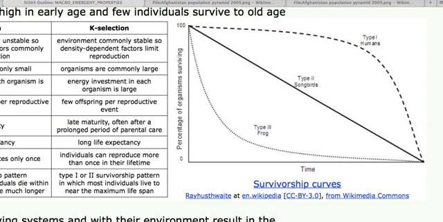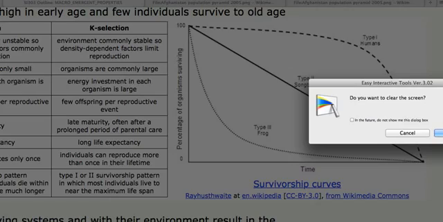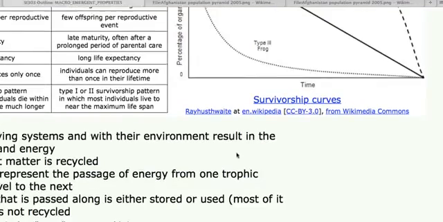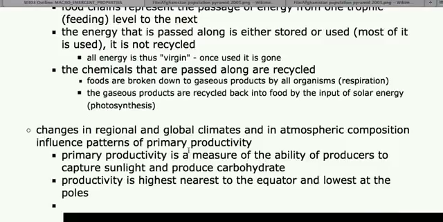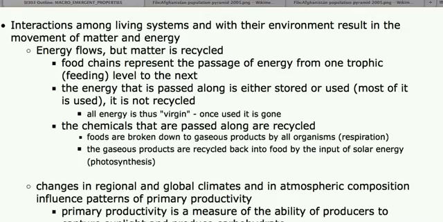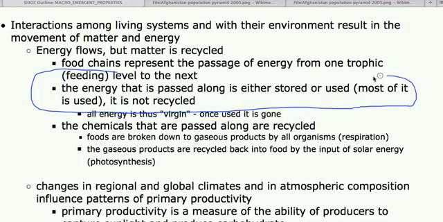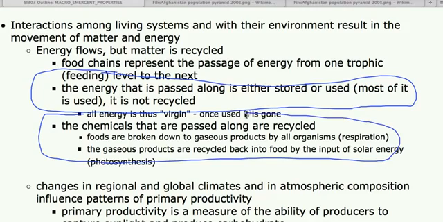Which brings us now to the next topic on the agenda: where is all the energy in an ecosystem? Well, first off, it's really important to note that in an ecosystem, energy is not recycled, okay, but chemicals are. So the chemicals that are in your body have been in dinosaur bodies. At least one atom in your body was in the body of Jesus Christ. About every 7 years, every atom in our body is completely replaced with new atoms.